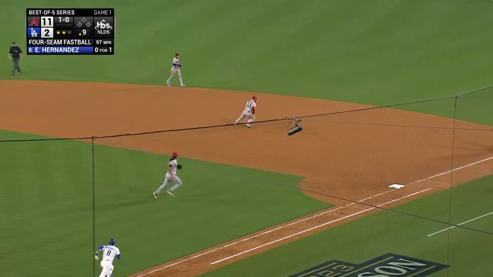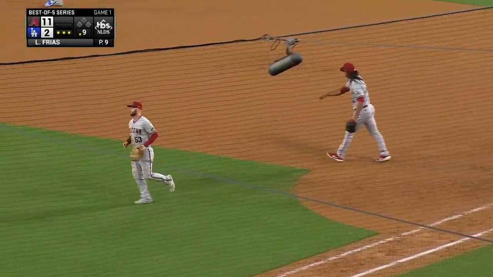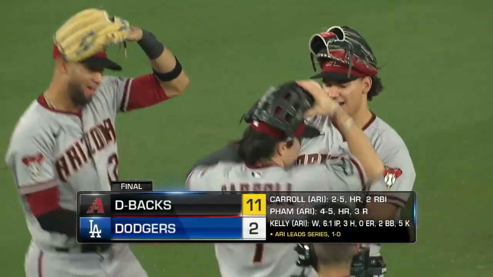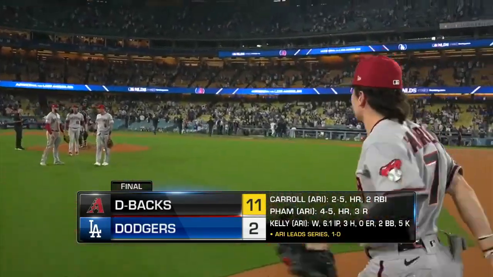Little squibber to the right side, gloved by Walker. He shovels it over to Frias, who works a very tidy bottom of the 9th. And that is that, as Kike Hernandez is the last out. They take a 1-0 series lead in the National League Division Series over the Dodgers. What a